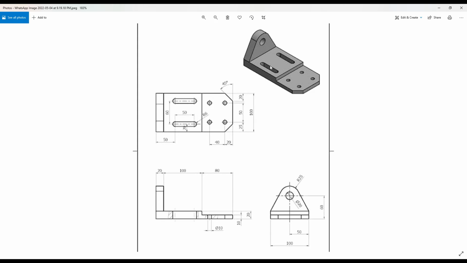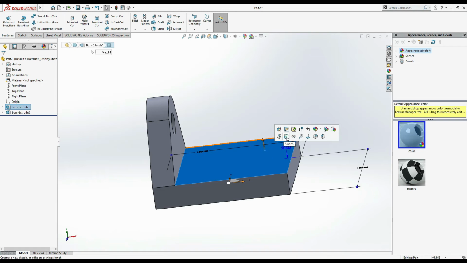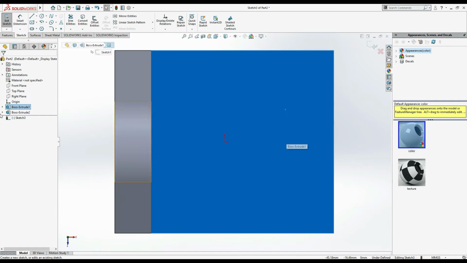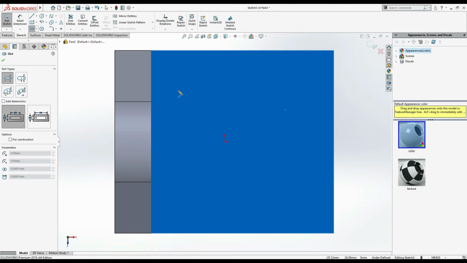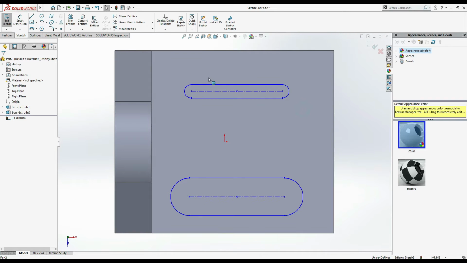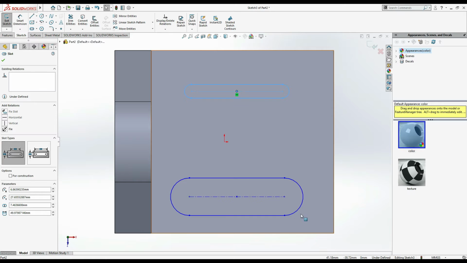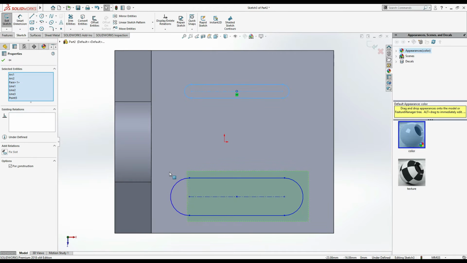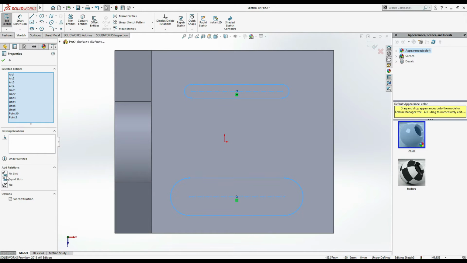Now I have to extrude cut these slots. For these slots, select this face, sketch, Control 8. From here is horizontal and this one. Now again from here to here, one more slot. Escape. Make a relation. Select this slot, Control, and this slot. Make equal slots. Okay, now